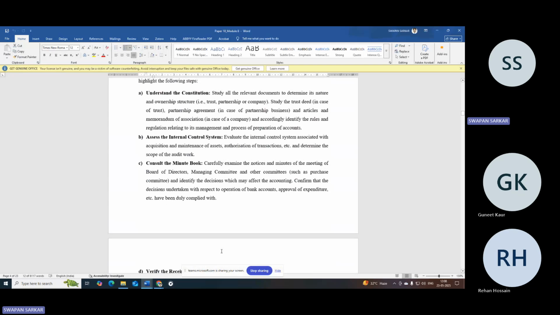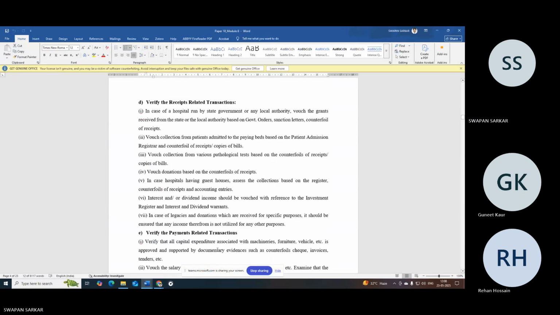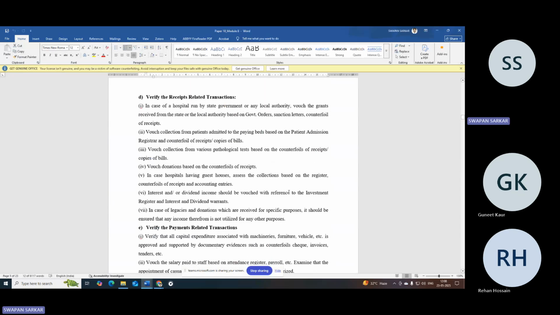Carefully examine the notices and minutes of the meeting of the board of directors, managing committee, and other committees, and identify the decisions which may affect the accounting. Confirm that the decisions undertaken with respect to operation of bank account and approval of expenditure have been duly complied with. Then verify the receipt related transactions in case of a hospital run by the state government or any local government. Vouch the grants received from the state or the local authority